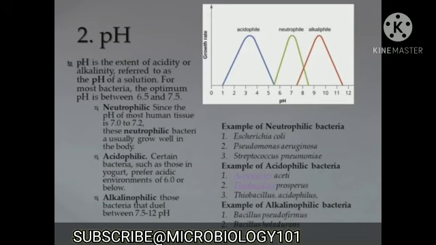Likewise, there is a group of bacteria that prefer to survive under acid conditions, most often within a pH level of 1 to 6. This category of microorganisms includes Acetobacter aceti and Thiobacillus prosperus. And there are those that survive within a pH level of 7.5 to 12, and these are called alkaliphilic bacteria. Examples include Bacillus pseudofirmus and Bacillus halodurans.